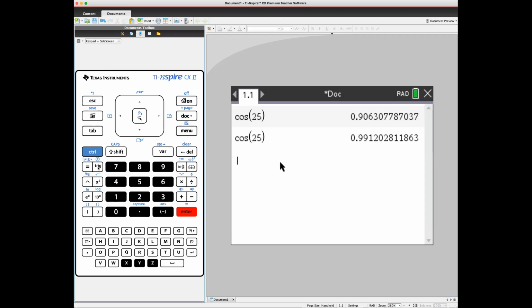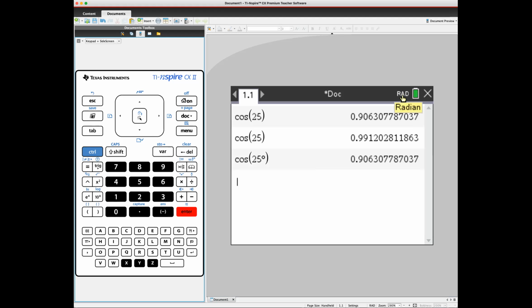However, I want to show you that it's possible to force the angle to be in whatever units you want. Right now I'm in radian mode, but if I do cosine of 25 and then I force a degree unit, if I hit the pi key, you see that I have a degree symbol. So if I put cosine 25 with that symbol, then regardless of the mode of the calculator,